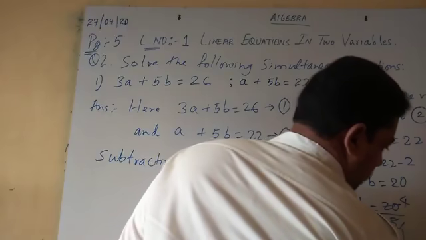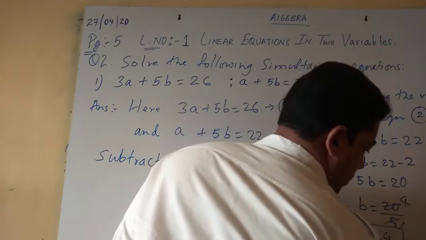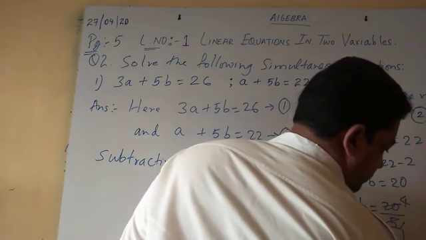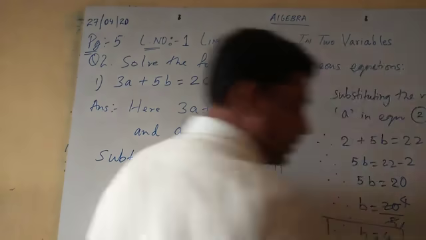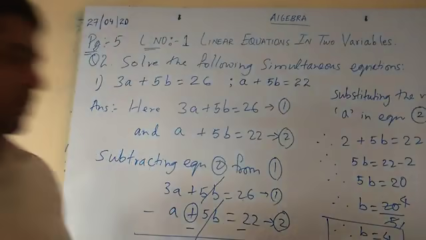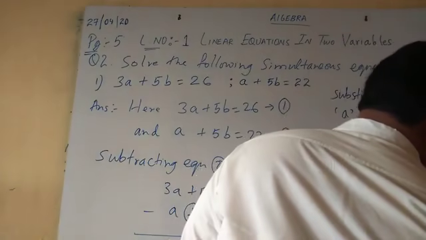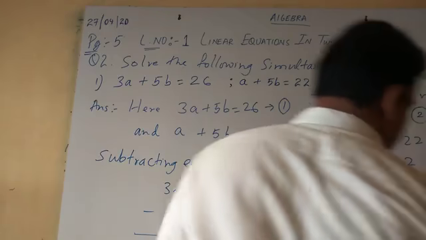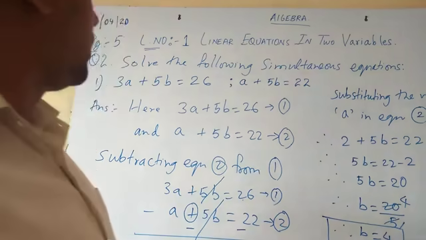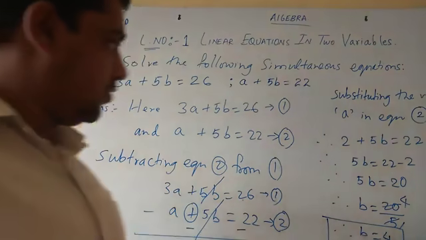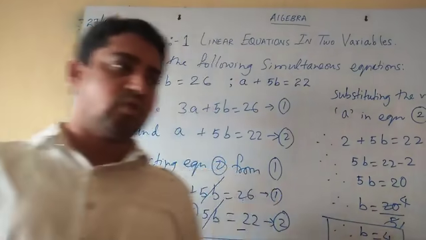I write solution instead of value. a is equal to 2 and b is equal to 4 is the solution of the equation. Okay, not the value. Is it clear? So we have completed sum number 1. We'll try 2 more sums. There are 8 sums. I'll try 2 more sums. The rest you can take as homework.